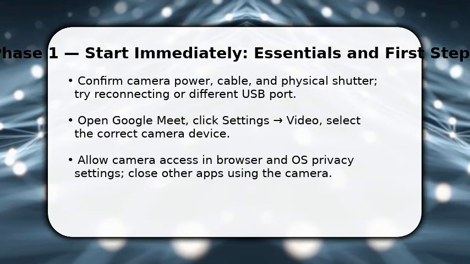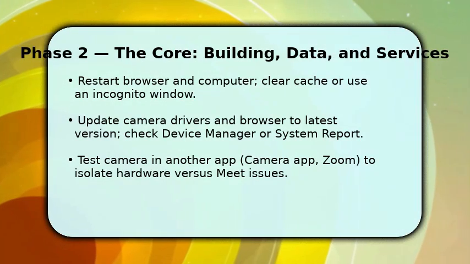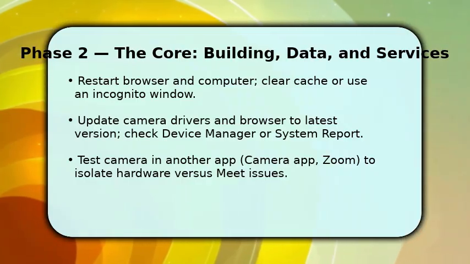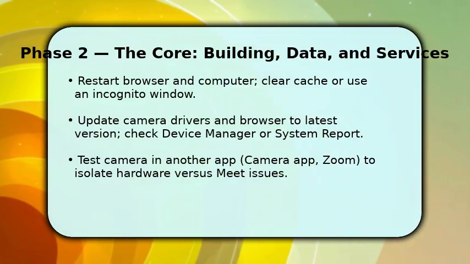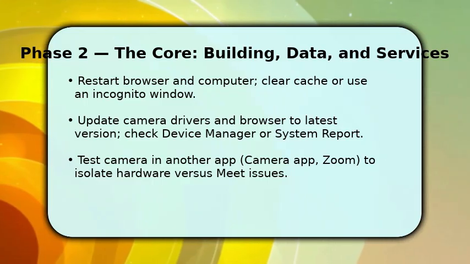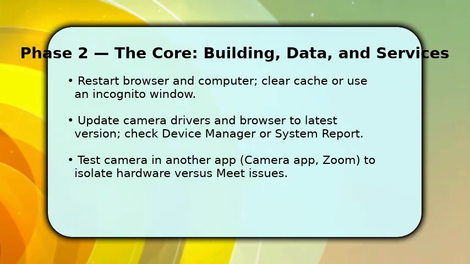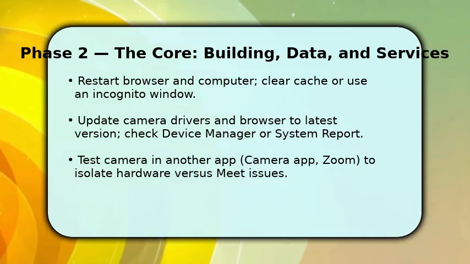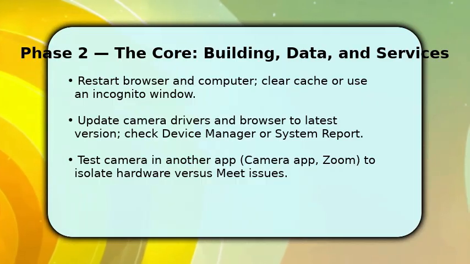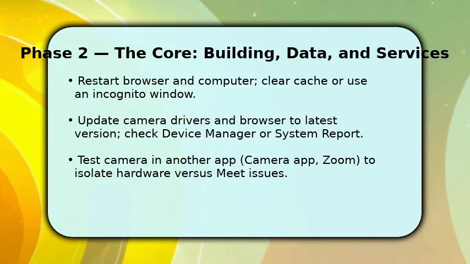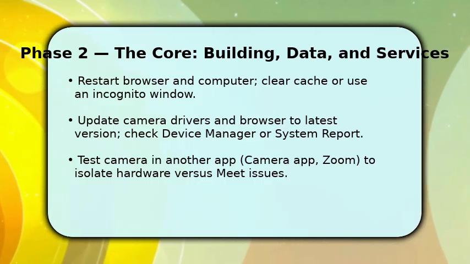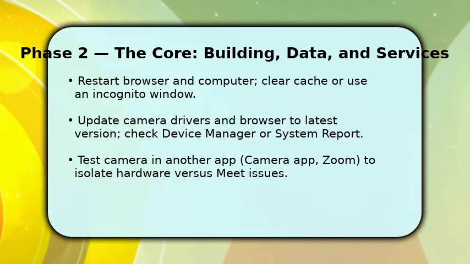This prevents conflicts. Next, tackle software causes that often block video. Restart the browser, and if needed, restart your computer. Use an incognito window to rule out extensions. Then update camera drivers and your browser, check Device Manager or your system report for yellow flags. Once updated, test the camera in the native camera app or another meeting app to see if the problem is